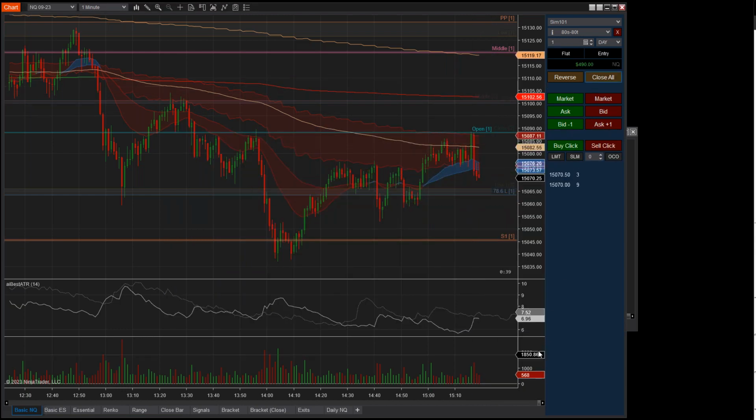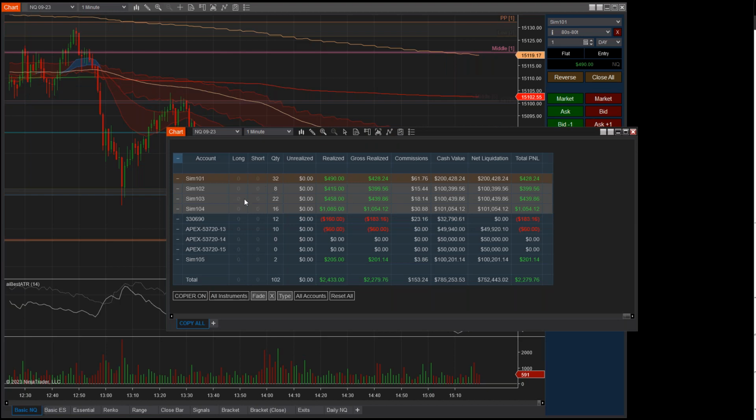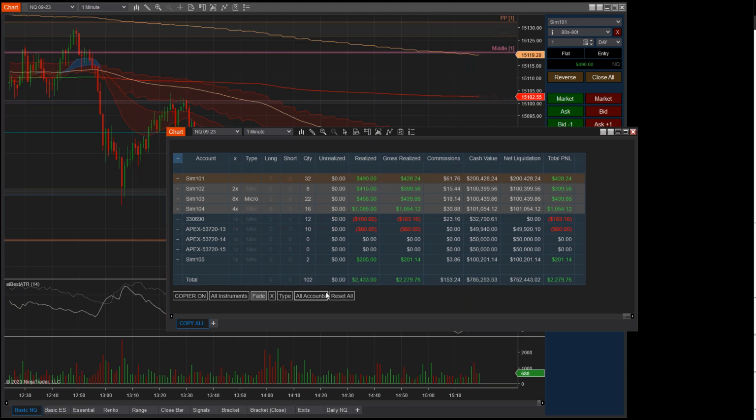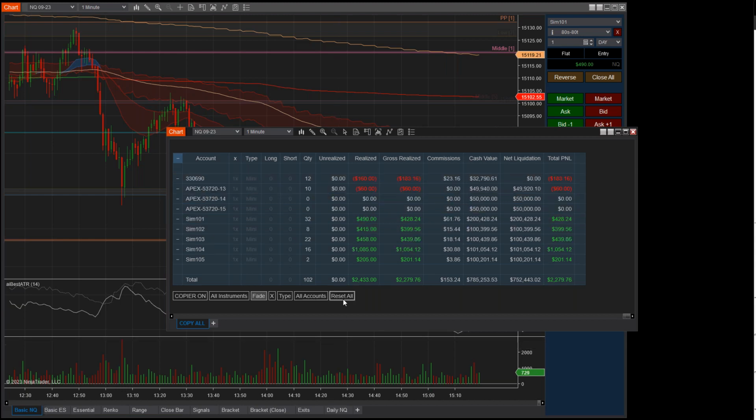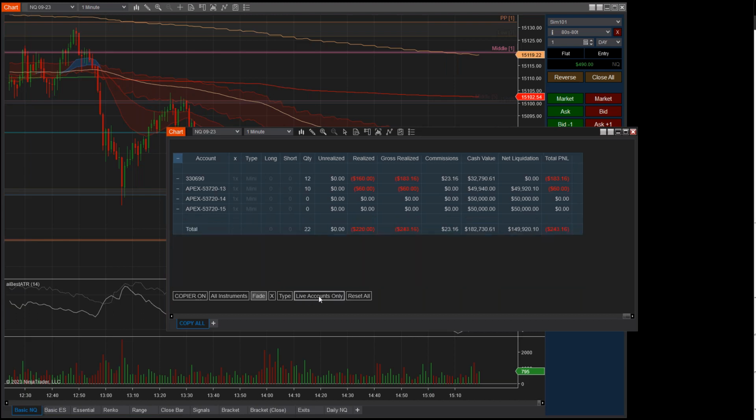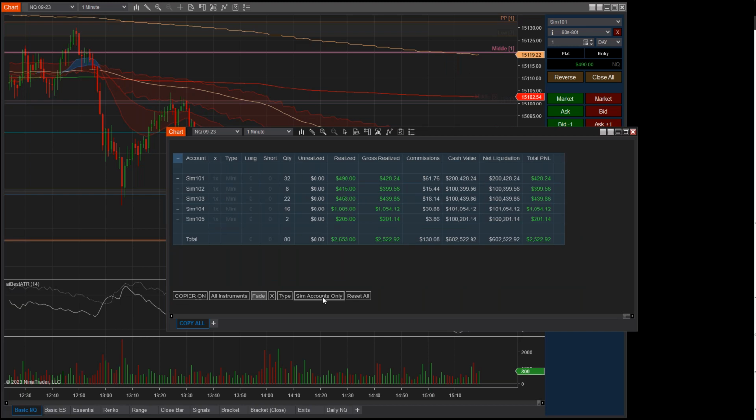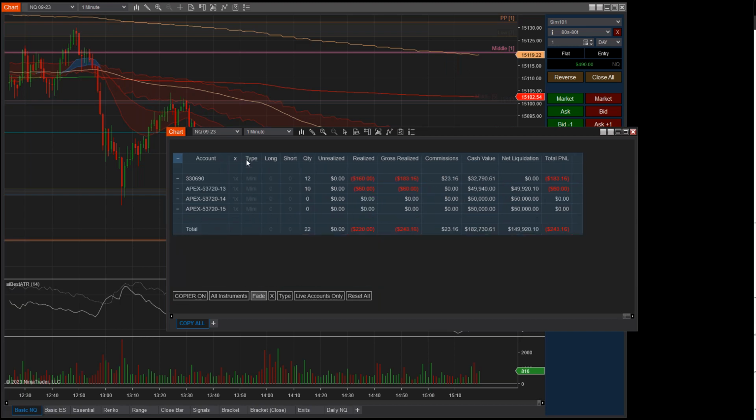Okay, and then if I hit close, all the other accounts are closed, the sim accounts. So lastly, I'll just show you here, you can reset all the accounts. So if I want to just reset all these settings, now I'm back to a completely blank screen with no accounts selected. Here you can actually show all of your live accounts only, sim accounts only, or all accounts. So there you're filtering out unnecessary clutter in the accounts that are being displayed.